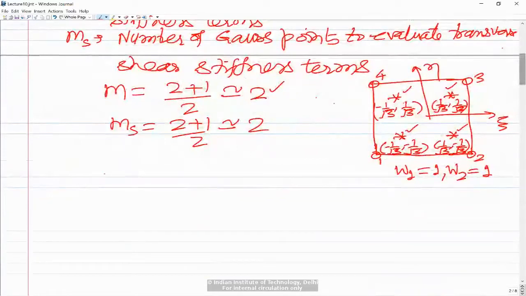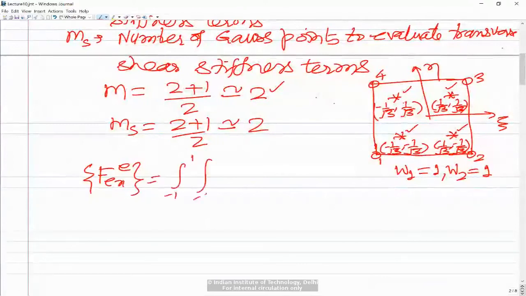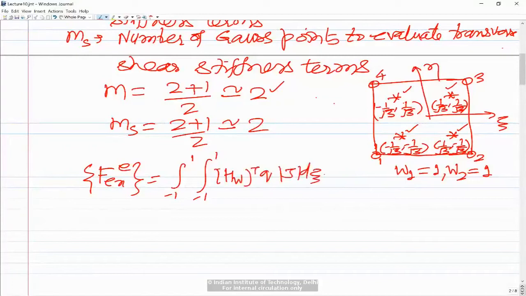So then, in the same way, now you have this f external for the element. The f external for the element was integration from -1 to +1, integration from -1 to +1, and then we had H transpose into q into determinant of J into d xi d eta. So this is also converted into a double summation, and the number of integration points will be equal to, say,